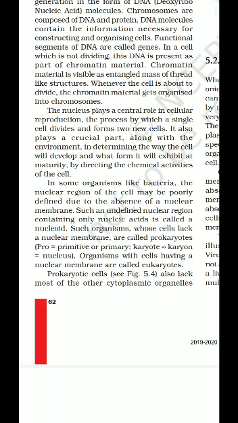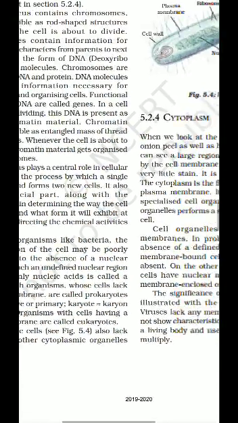In some organisms like bacteria, children, this is about prokaryotes and eukaryotes, which we already discussed. Prokaryotes do not have a well-defined nuclear structure. They do not have a nuclear membrane. They have only a bunch of chromatin material. Children, such an undefined nuclear region containing only nucleic acid, DNA, is called a nucleoid. They do not have a nuclear membrane or a well-defined nucleus. Prokaryotic cells also lack some cell organelles.